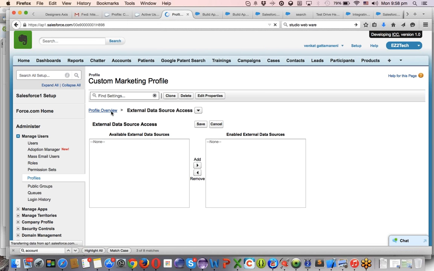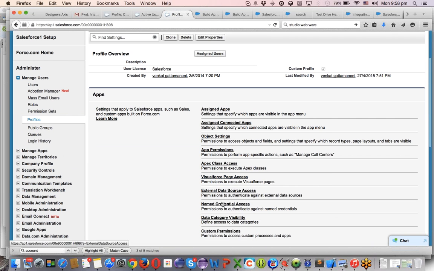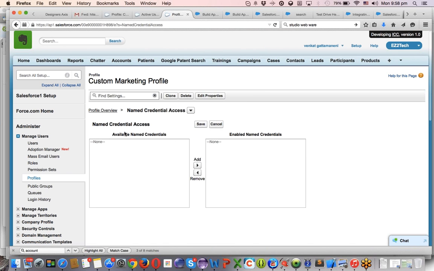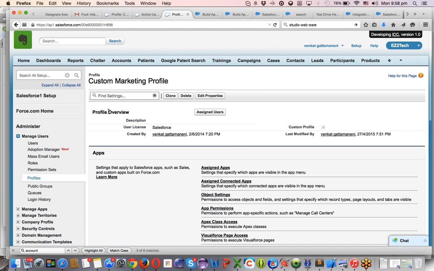Click on profile overview. Named credentials. This is some permissions to authenticate some named credentials. I never used this. I will keep you posted on this. And I think this is a simple concept. You create named credentials in that option, and you can enable them for different users according to the requirement. Same way how you are adding VF pages and classes and data sources. Click on profile overview to go back and see the other option,